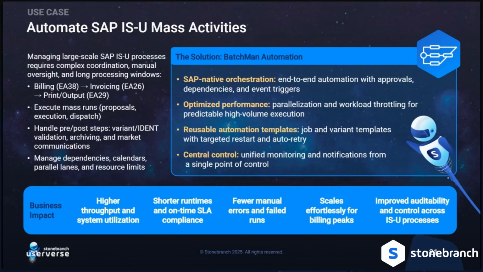And then if it gets a little bit more exotic, for example for energy companies, what we do is mass activity runs. And this is a plethora of activities that we have. There are billing runs, invoicing runs, large printing runs. Mass activities basically is whenever a supplier or provider has a huge audience and needs to do everything at once, basically at the end of the month. For example, telecommunication companies or energy companies that need to send out the billing.